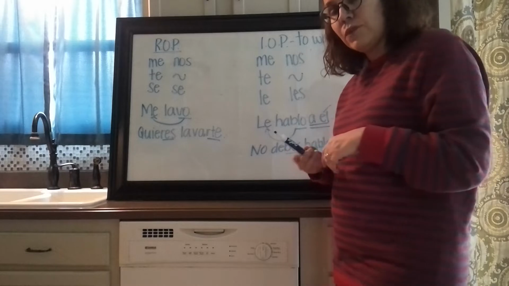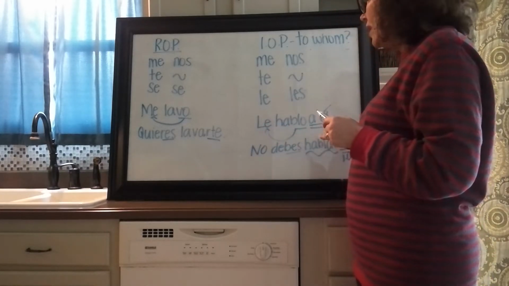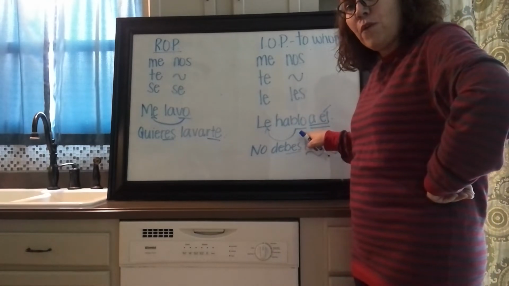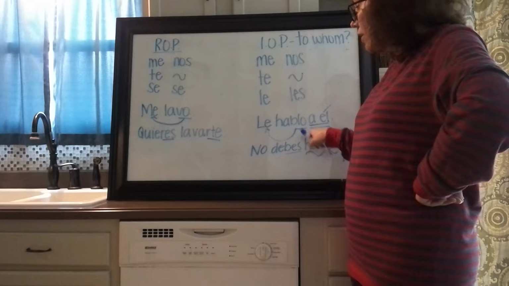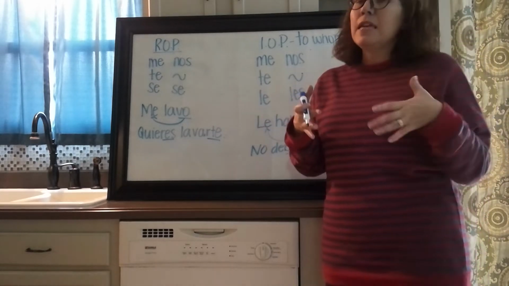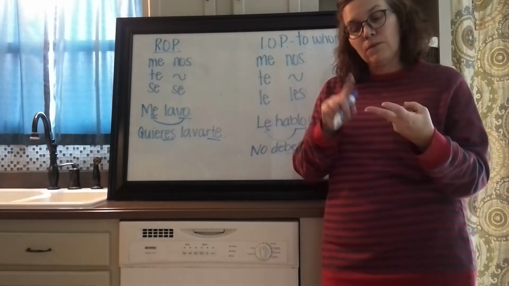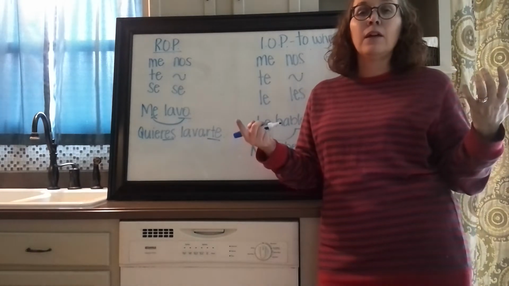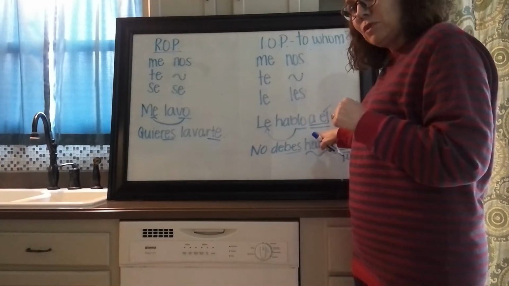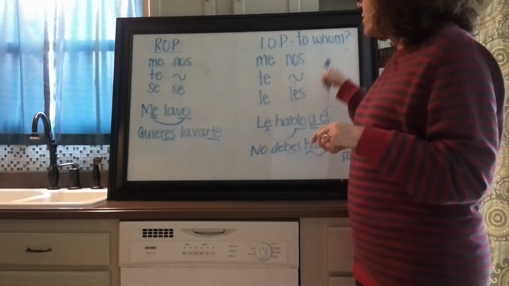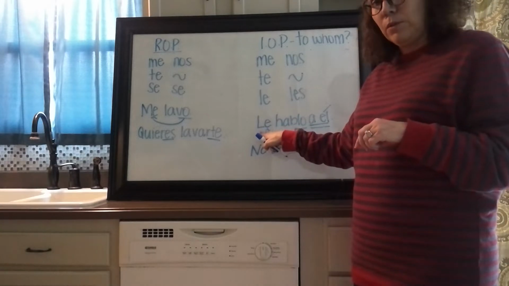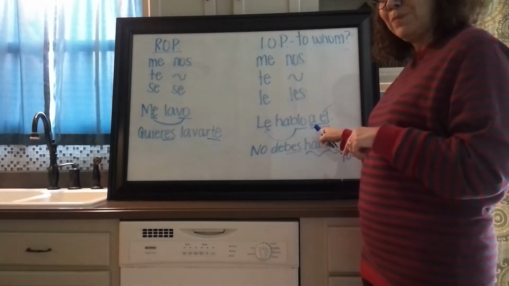My sample sentences for IOPs are le hablo a él. This is an indirect because you notice that the verb is in the yo form. I am the talker. I talk. Le, to him or to her. Now, as is, I wouldn't know. It could be to him, to her, to you, formal, or to any singular noun. But I put my emphasis here. Remember, emphasis is super importante when we're doing indirect object pronouns. So now we know not only am I talking to him or her, but I specified I'm talking to him.